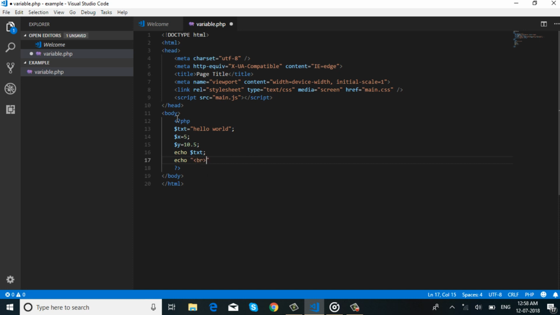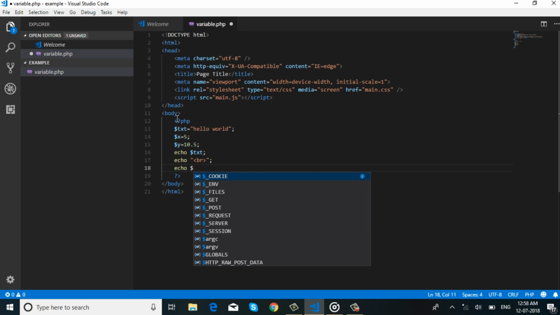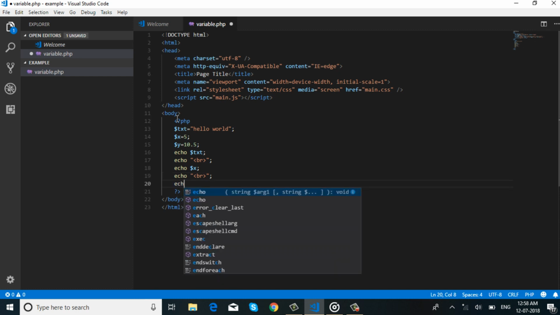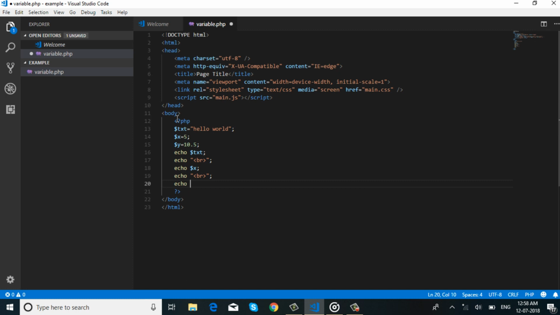It's for a new line. Save this code and let's run the program.